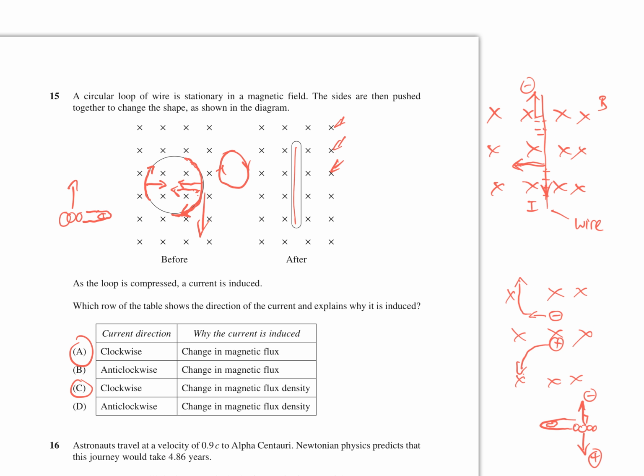If you look at that, you can see that 4 crosses fit here, and there's 4 crosses in this side. So we're not changing the flux density, we're not making the field stronger in that unit of area, so it has to be A, the change in magnetic flux by moving across this field or changing the